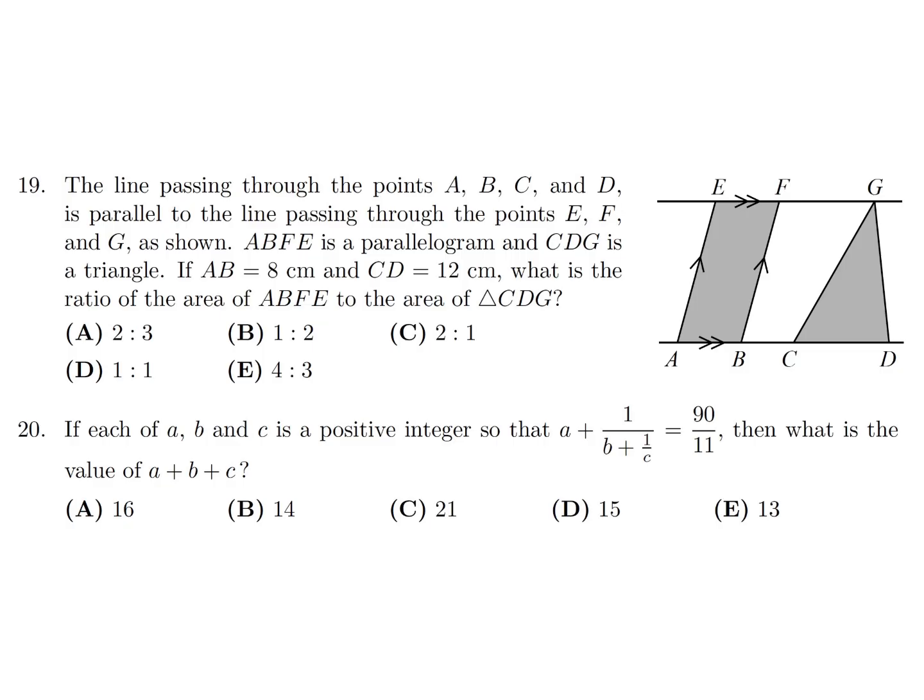The line passing through ABCD is parallel to the line passing through points EFG. ABFE is a parallelogram and CDG is a triangle. If AB is 8, CD is 12, what is the ratio of the area of ABFE to the area of triangle CDG? Okay, so,